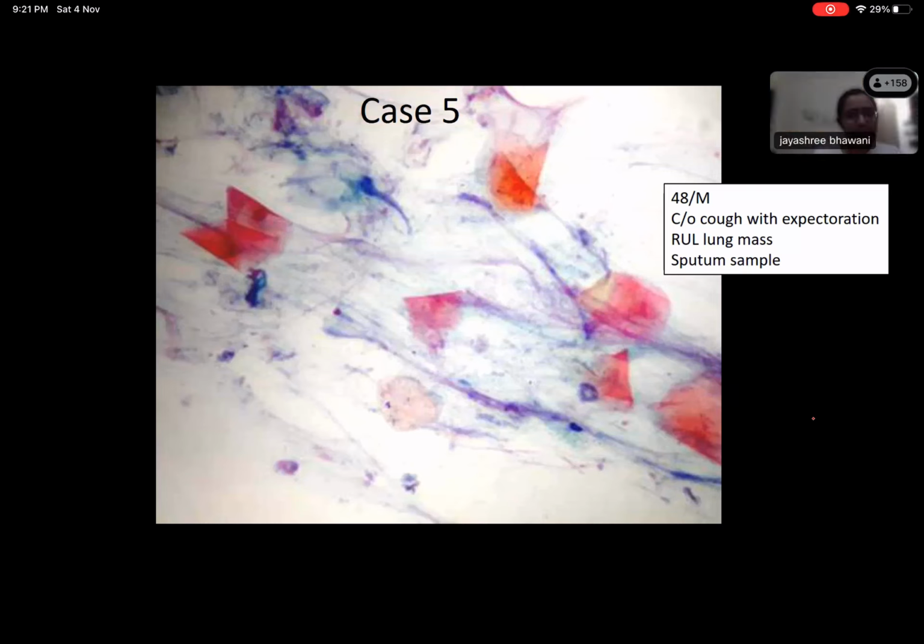See, bronchial epithelial cells are not usually expected in a sputum. They are usually seen in bronchial lavage or bronchial brushing. Very rarely you can get them in sputum as well, but especially if it is post-bronchoscopic sputum, you can get a lot of bronchial cells. But otherwise, the adequacy criteria on sputum is based on the number of pulmonary macrophages.